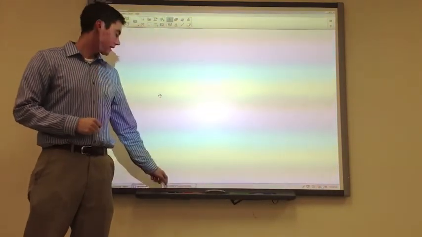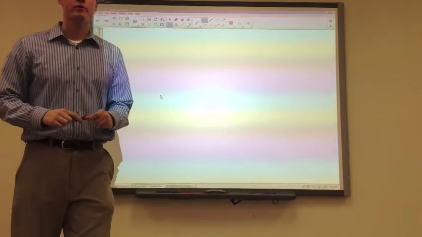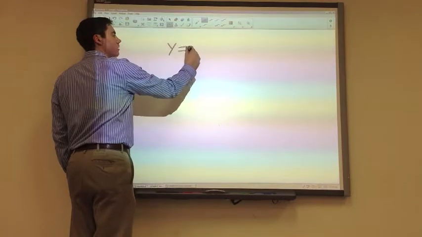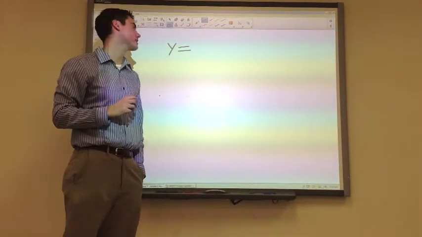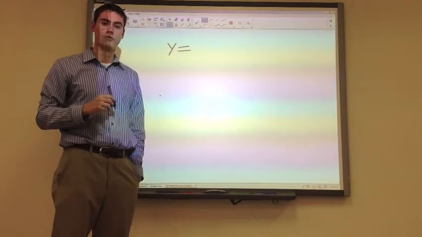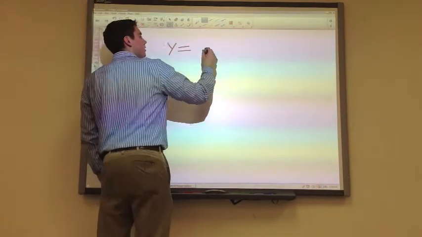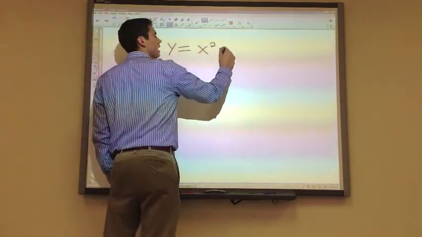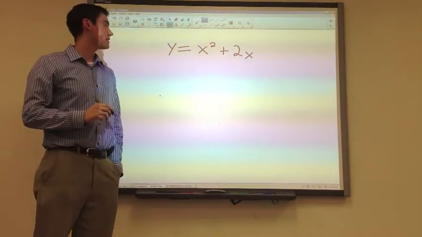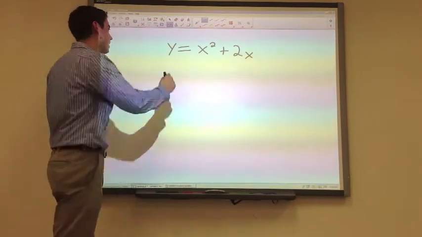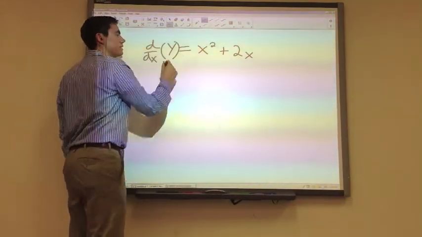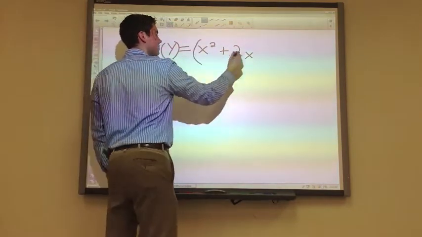I want to get started today talking about a little bit of notation that we've been using in the past. If we have a function, this incidentally is not in your notes just yet, we're talking just about a little bit of notation, so you may want to write this somewhere that you can reference later. If we're talking about a function, for instance, y is equal to x squared plus 2x, we want to take its derivative. In the past, I've written it down as taking the derivative d dx of both sides,